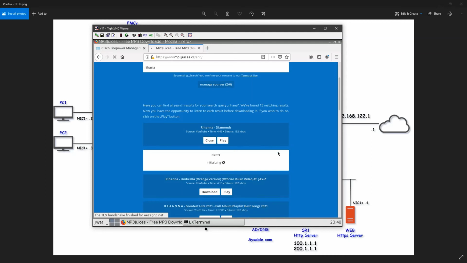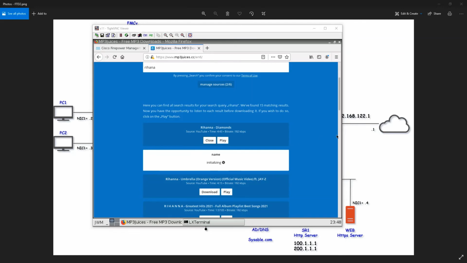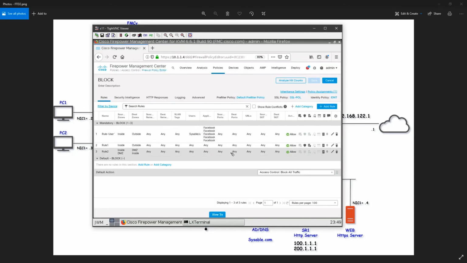Let's check whether it is blocking or not. All right, it has been a while and it is stuck here, initializing. So it looks like my traffic is being blocked by my FTD now. It's not even giving me the download option over here, right? So that was your SSL decryption.